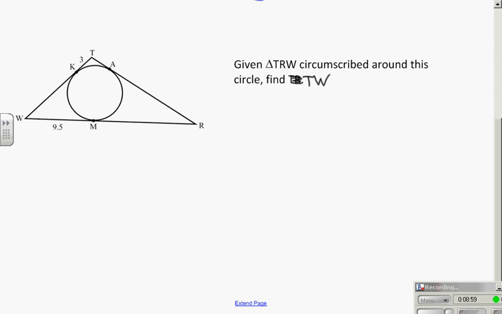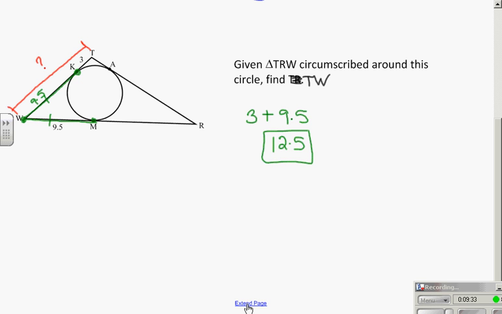Now the last example, quick little typo. We're not finding TR, we're actually finding TW. At first it doesn't look like there's enough information to find TW because we're missing KW. But again, if I remember that segments drawn from an outside point to the same circle tangent are congruent, I know that this piece right here is 9.5, and so my whole segment by parts to whole, add those two pieces up, and